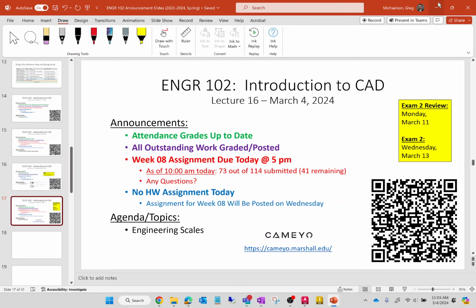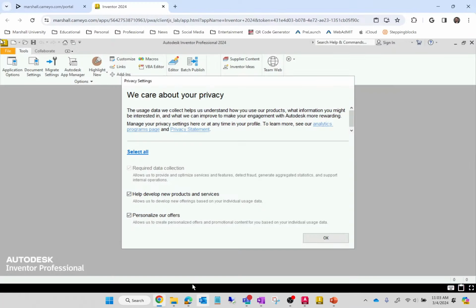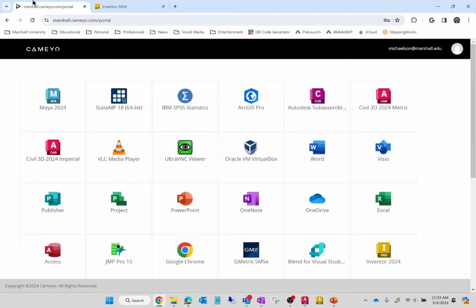The way it works is that you log in with your Marshall credentials, okay? And when you log in, the main page looks something like this. And what it contains are all of the apps and programs that you as a Marshall student have a license for. And one of those is Inventor and one of those is AutoCAD.